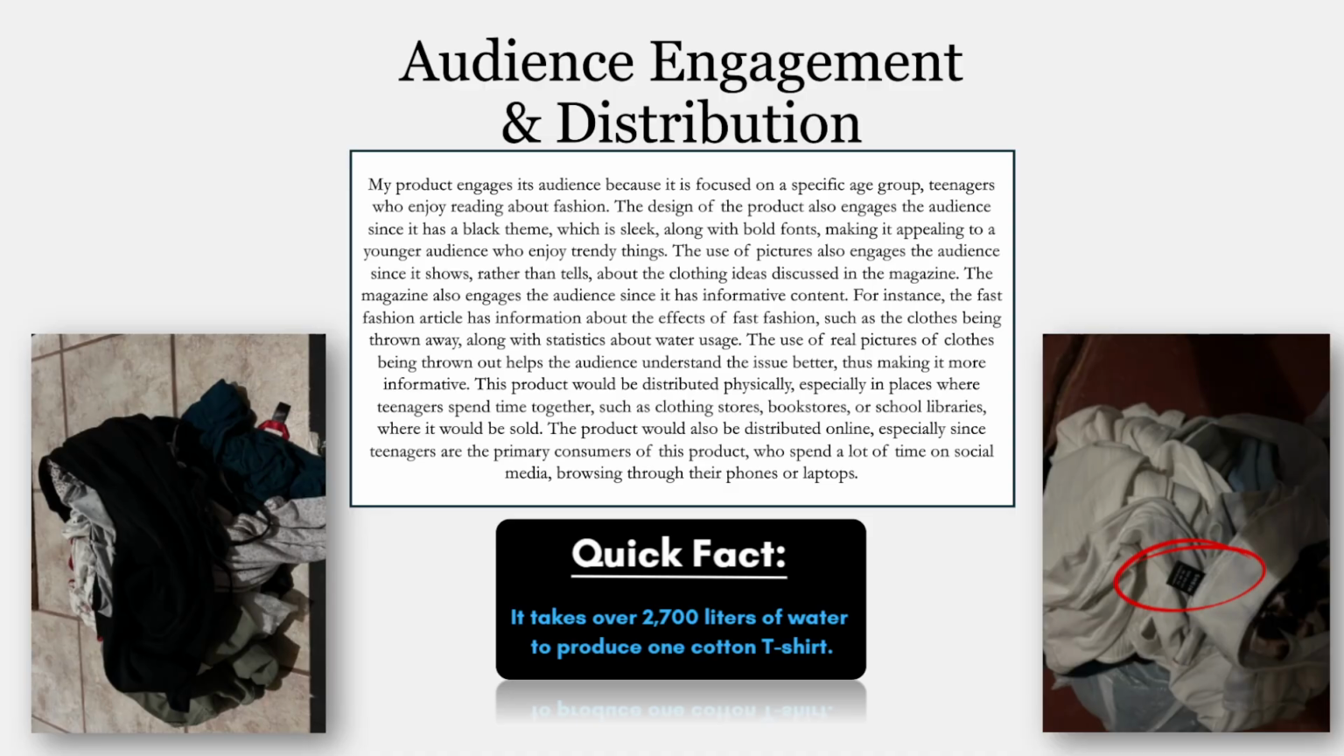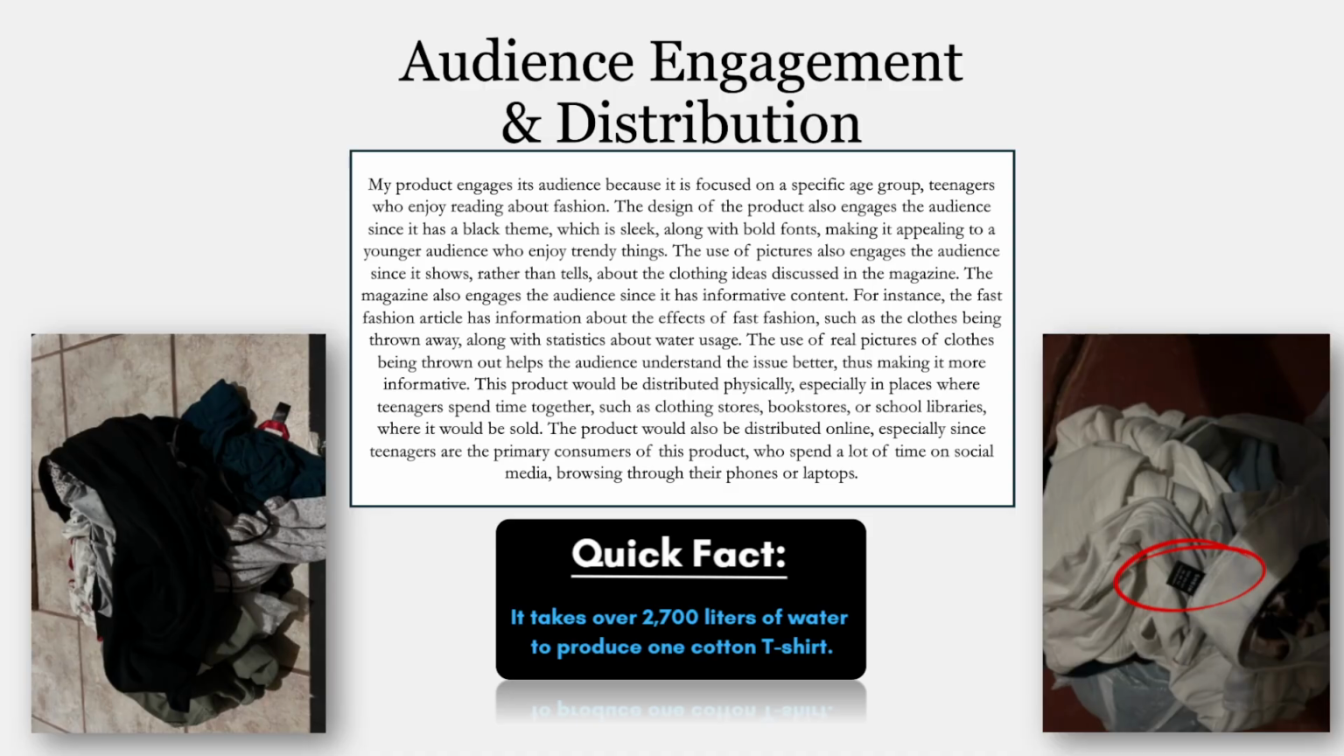The use of pictures also engages the audience since it shows, rather than tells, about the clothing ideas discussed in the magazine. The magazine also engages the audience since it has informative content. For instance, the fast fashion article has information about the effects of fast fashion, such as the clothes being thrown away, along with the statistics about water usage. The use of real pictures of clothes being thrown out helps the audience understand the issue better,